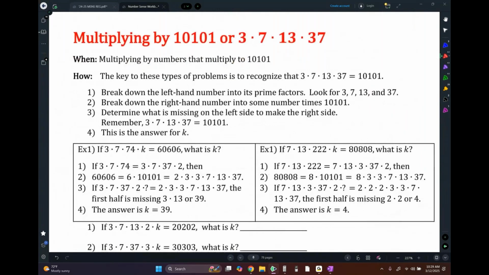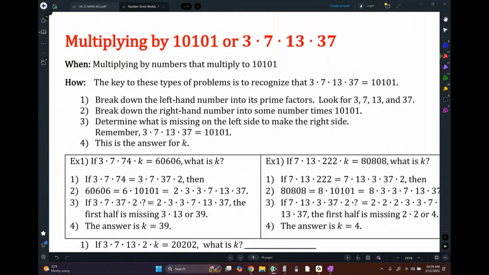Okay, next trick. Another very important one. When I make those new flashcards that I was talking about, this is actually a flashcard. 10101 is the same thing as 3 times 7 times 13 times 37. Now 10101 is an easy number to multiply by because if you're going to do 10101 times like 7,